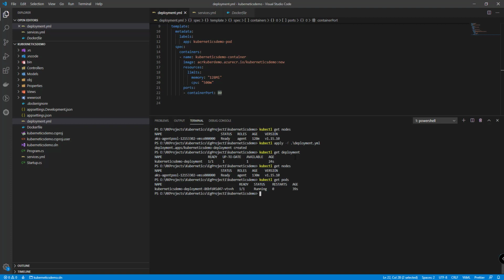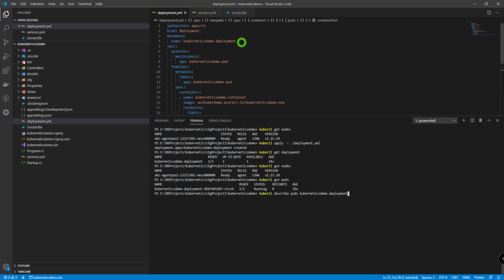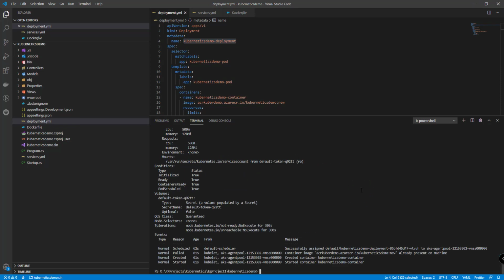Let us see the steps of how the pod executed. To check that, we'll use describe pod and the pod name, that is the deployment file name, that is the metadata name. We can see the steps involved.